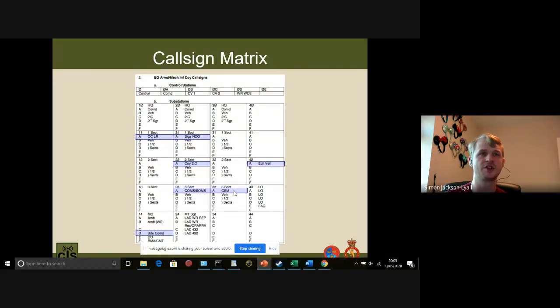So why would the 2 IC not be Alpha? So I'll answer Kat's question first, and I'll go back to Al's. Kat, this would get made by your control per exercise. So this is just an example of one.